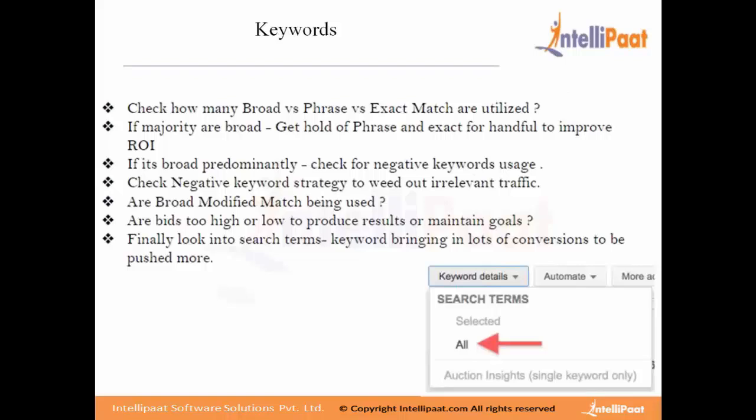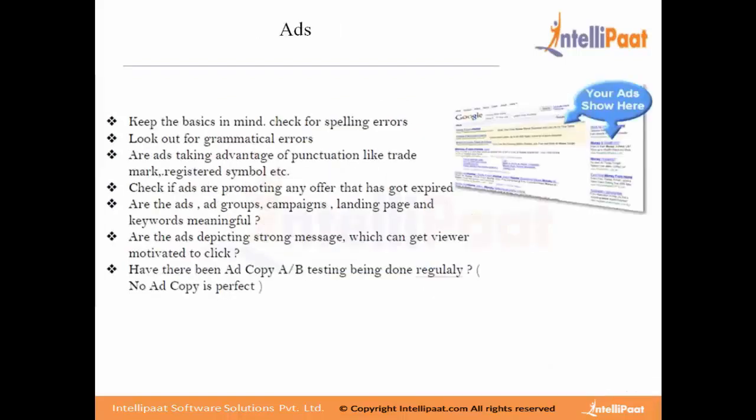After looking into the overall AdWords account structure, the campaigns, and also the keywords, one needs to then jump in and look at the advertisements. When I say the ads, these are the search text ads majorly. Keep your basics in mind and look out for various things while doing a PPC account audit. Look out for basic stuff like spelling errors and grammatical errors. This definitely does happen, that great search engine marketing experts who are good with the language part also go ahead and make some grammatical errors and spelling errors.